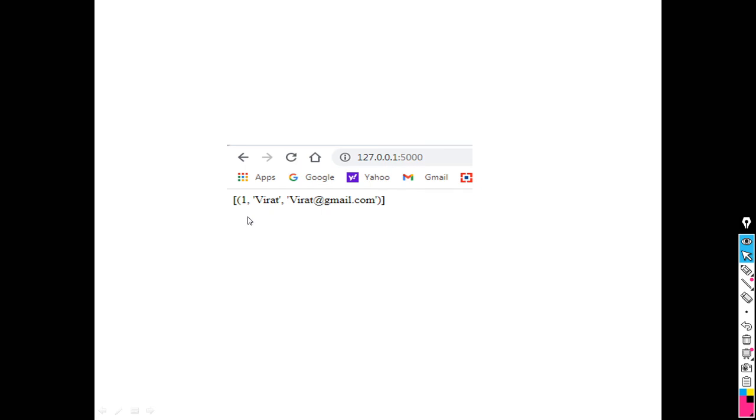Only one record is there, so it will display this single record. It contains one, Virat, at gmail.com. With the help of this example we can display the record which satisfies the specific condition.